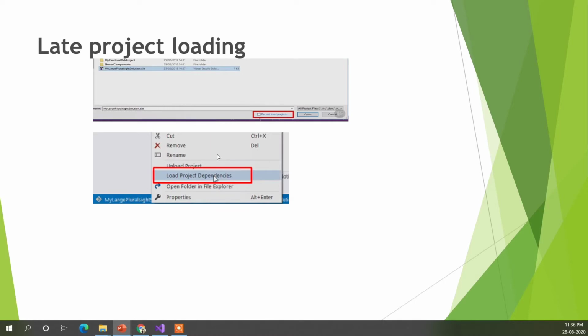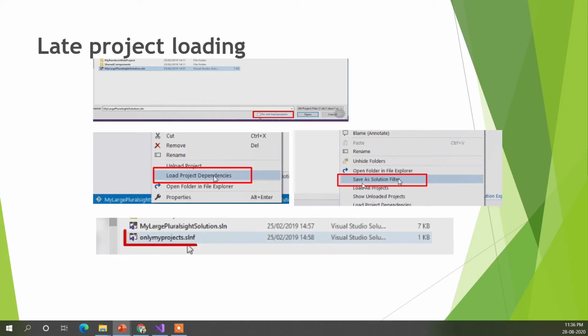We can also use Load Project Dependencies. For example, if you have a web project and there are a bunch of DLLs related to that project, you can choose only the dependent projects for that web project. So you can load it in a chain. Web is dependent on the business logic, and the business logic is dependent upon the data access layer. By doing that, you can minimize the time if you're interested in only two layers, web and business logic layer, not the data access layer.